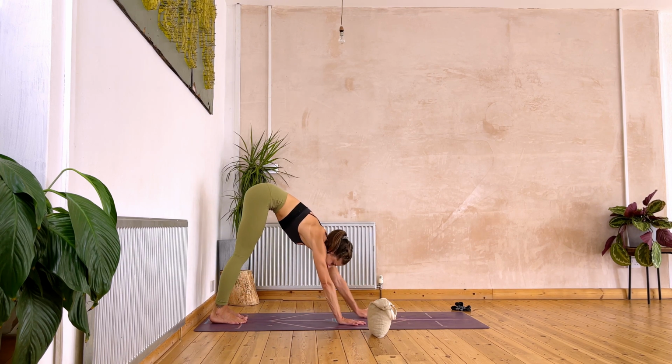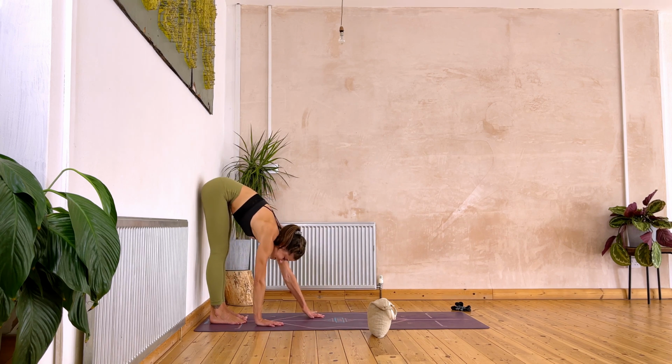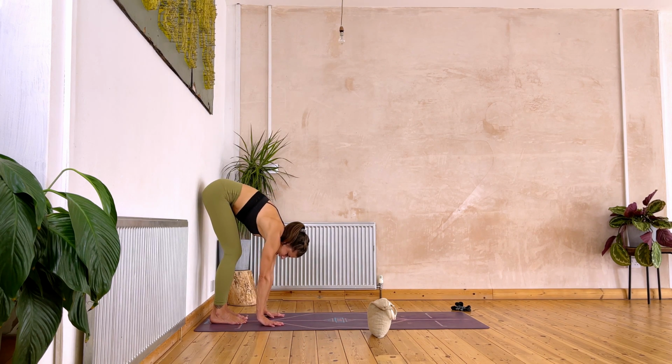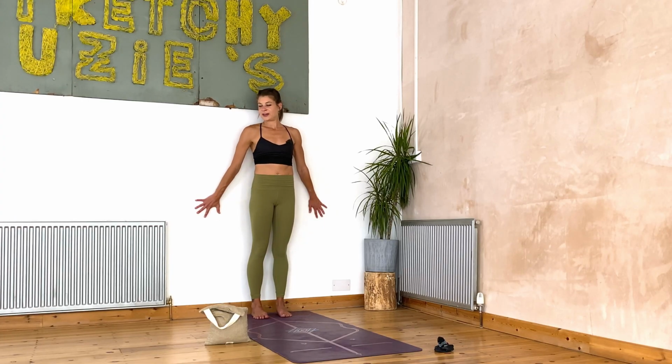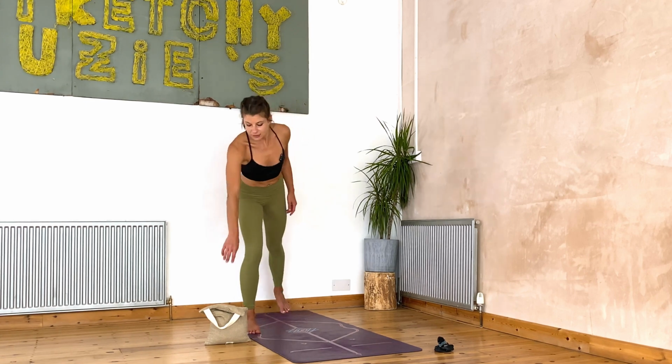Try not to twist as you do so until your butt touches the wall, bending the knees, can you roll all the way up to stand next to your wall? Grab hold of that weight. So similar